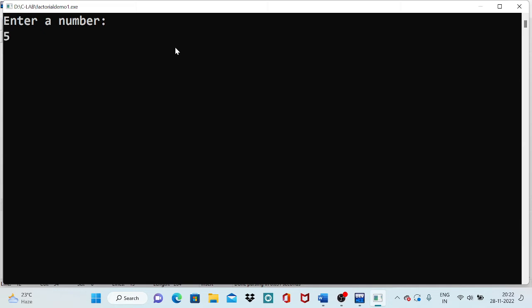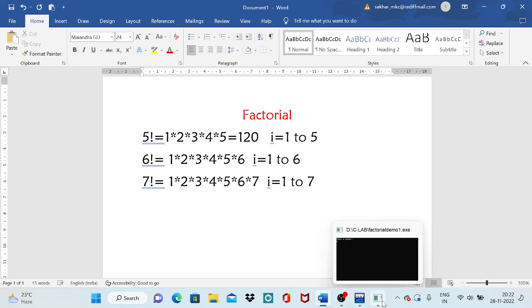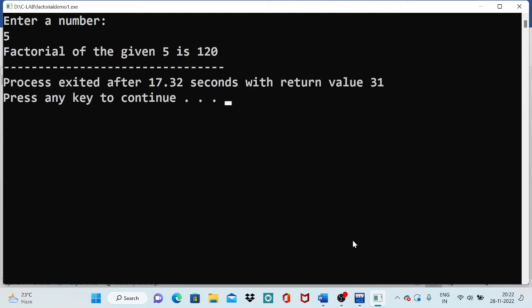Suppose if I entered 5, what is the factorial 5 value? So 1 into 2, 2, 2 into 3, 6, 6 into 4, 24, 24 into 5, that results 120. So 5 factorial value is 120. If I press enter, I am supposed to get